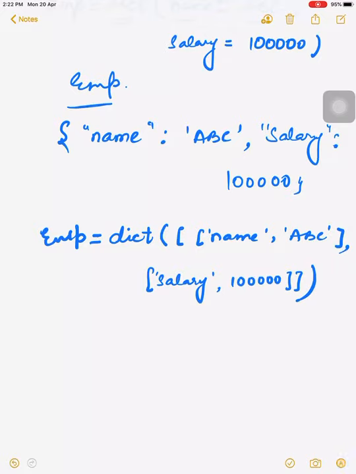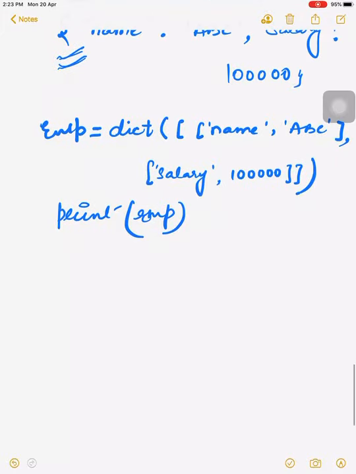Okay, then again we have written salary comma, see, and we have just closed it. Now it will also be converted into a dictionary and the output will be the same as if we write print EMP. So it will convert the list into a dictionary.